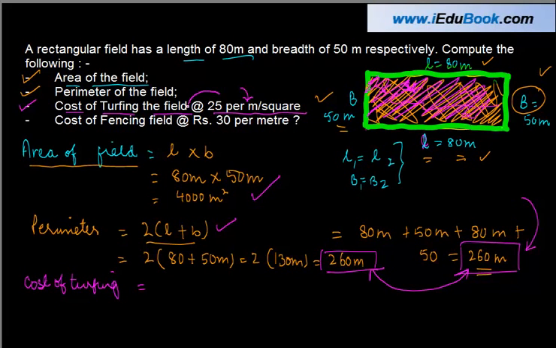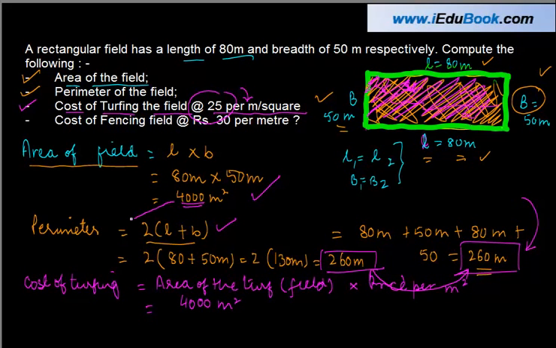So 1 meter square costs you 25. The total area of the rectangle field is 4,000 meter square. What's the total cost? The total cost is basically nothing but the area of the turf, which is nothing but the area of the field, into price per meter square. Area we know is 4,000 meters square, which is this, into cost we know is 25 per meter square, right? Or we can just simply write it as 25. This will give you 100, 1, 2, 3, rupees 1 lakh,